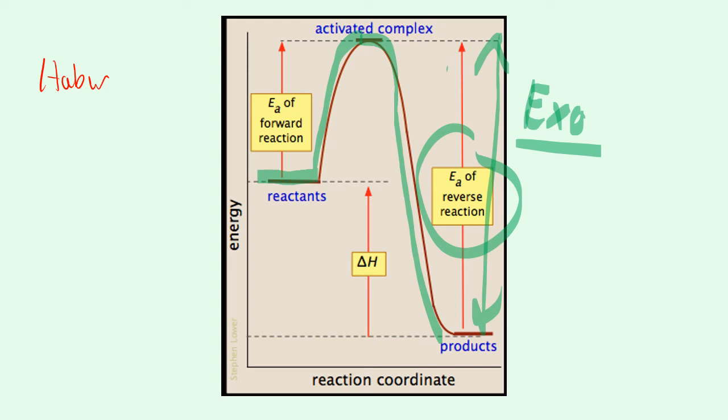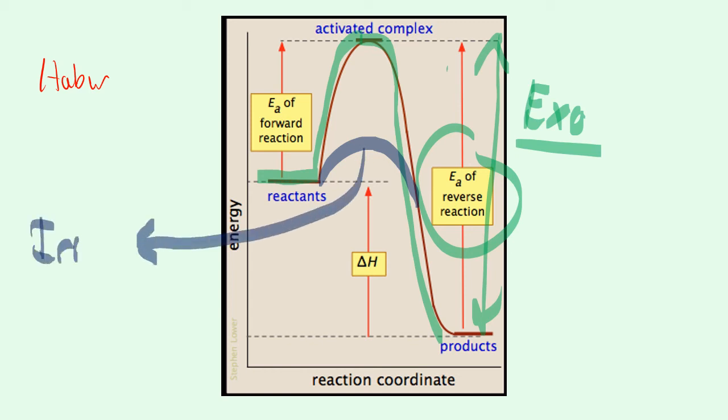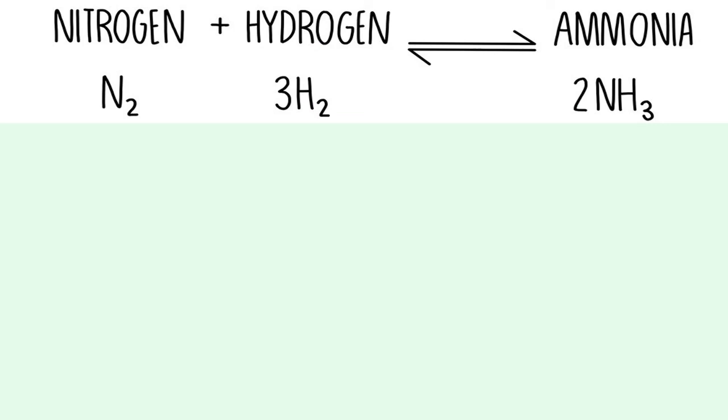Now, with the Haber process, I'll change highlighter again. If we could add a catalyst, we could decrease the amount of energy needed. And the catalyst we use for the Haber process is iron. Remember, the catalyst doesn't take part in the reaction, but when we add nitrogen and hydrogen gas together to make ammonia, we do it in the presence of iron, and just by iron being there, the particles of nitrogen and hydrogen don't need so much energy. Right,